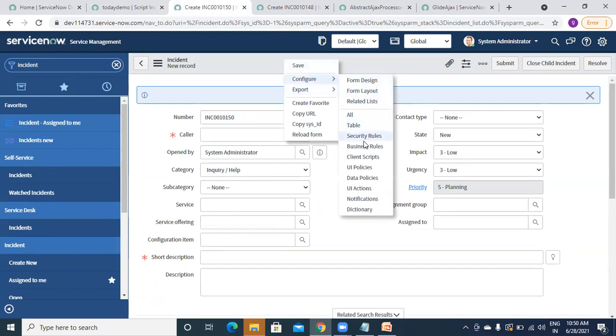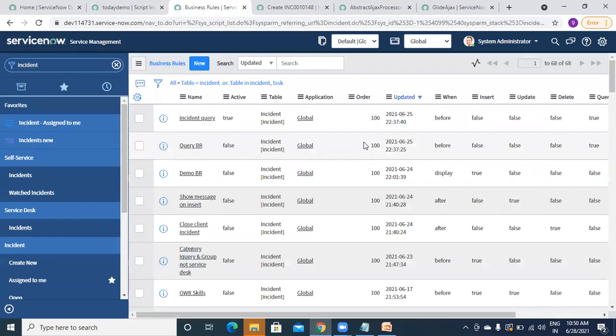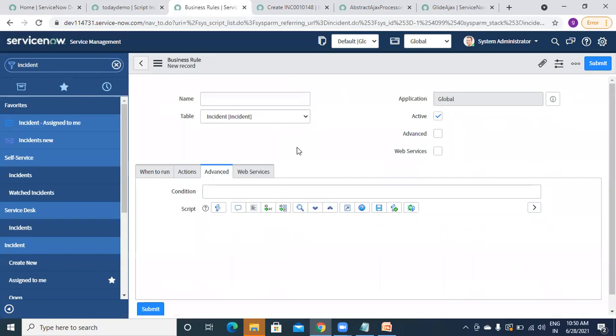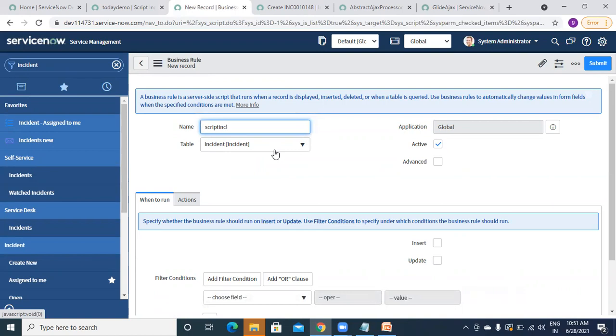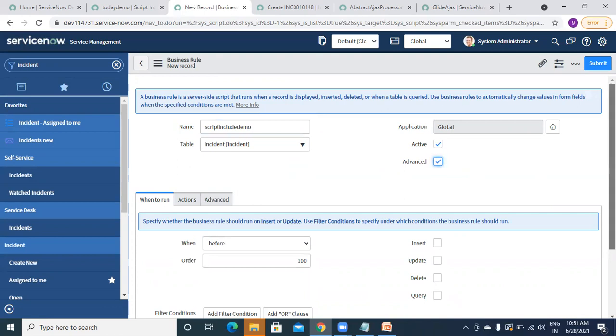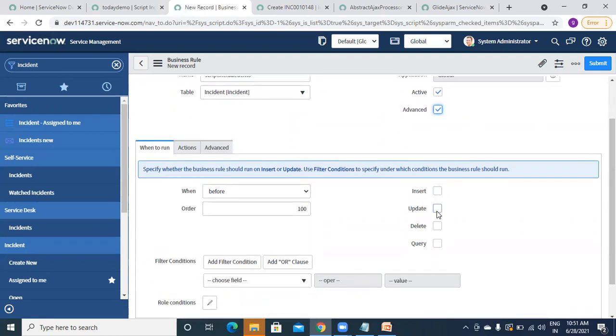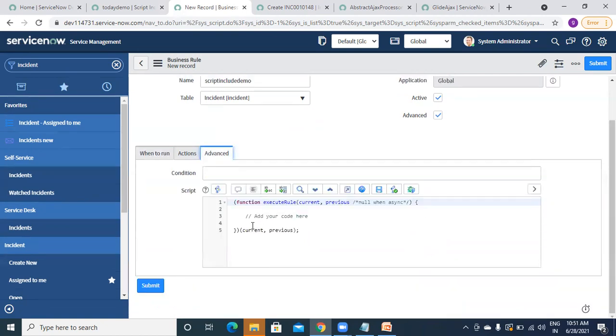Then creating a new business rule, script include demo, something like that, and advanced, before update or before insert, wherever. No conditions. And here I want to call my script include.